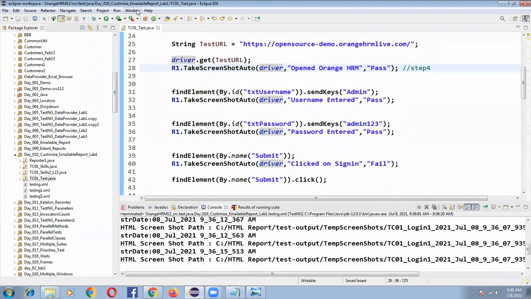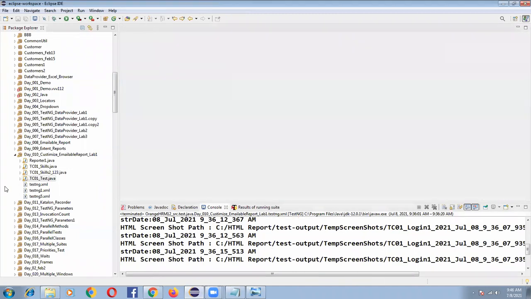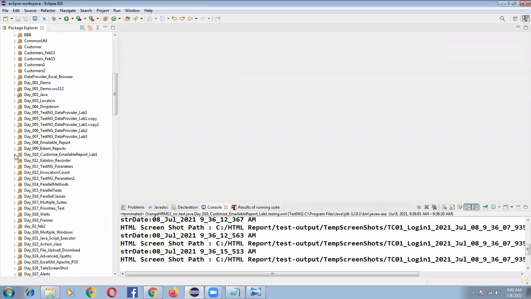It will prove to you that your test case was executed with valid screenshots and everything. But if you go with the default TestNG, it will show you only plain text. So that's it on the customized emailable report.